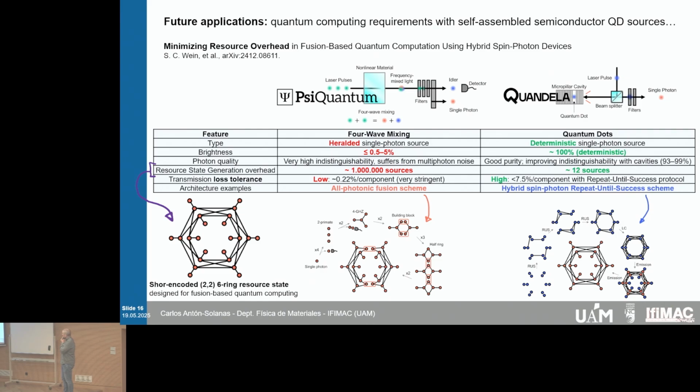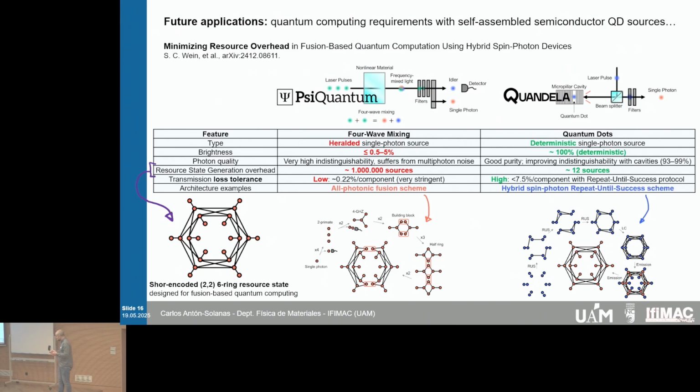So from here, I would like to discuss at the moment what is the current competition at the commercial level, so to say, between companies on quantum computing with photons. There is this recent paper from Quandela, where they are trying to compare the performance between their technology, semiconductor quantum dots coupled to a micropillar cavity, and the other competing company, PsiQuantum, in the United States, where their core technology is four-wave mixing in